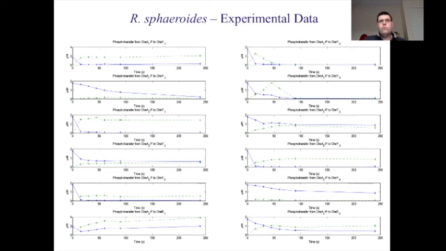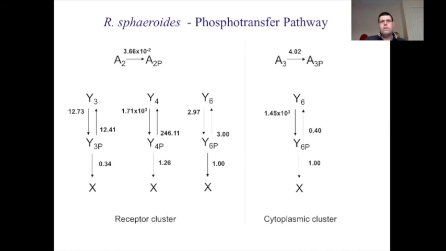In terms of informing this system, a lot of data was collected, and this data was fitted during this work to understand the reaction rate constants that for other systems, like we saw with E. coli, are so readily available within the literature, but less so the case here for Rhodobacter. So in fitting the dynamics, what we find is that this allows us to then determine the reaction rate constants,